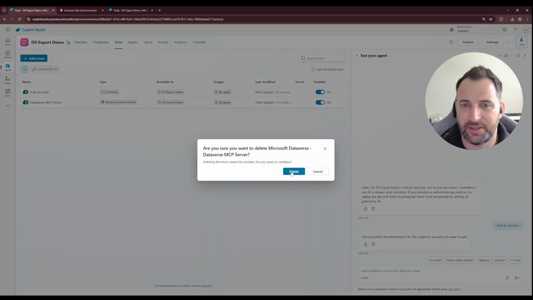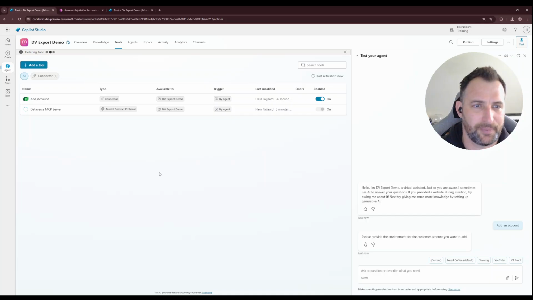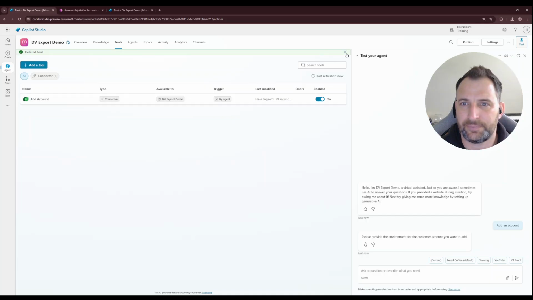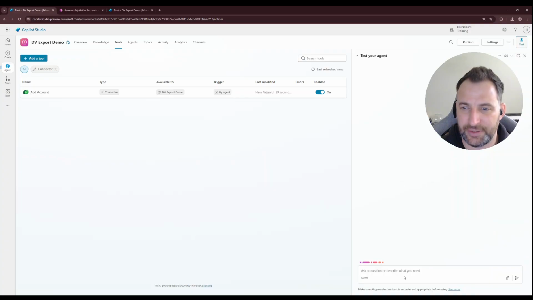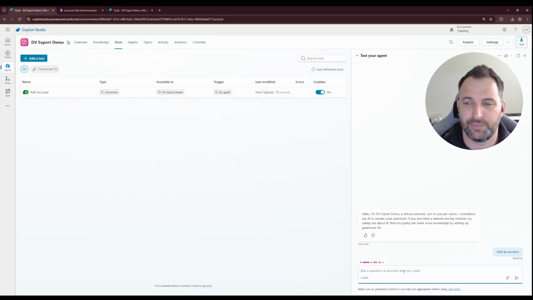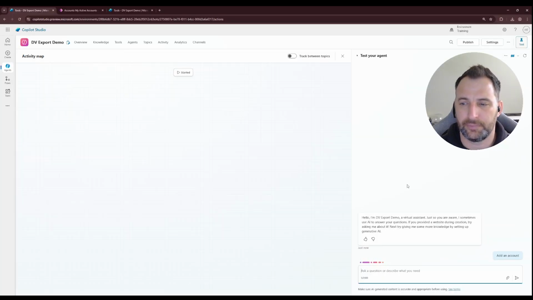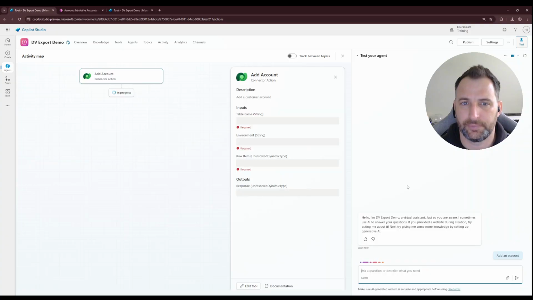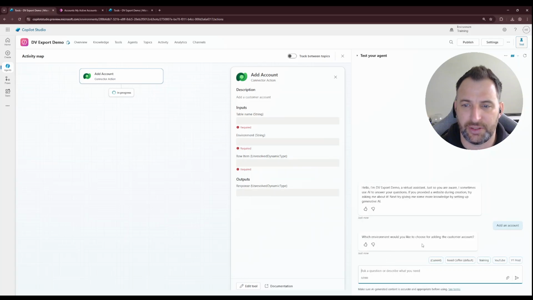Delete the MCP server because I got a little bit confused. And refresh again just to clear it out. And now I'm going to say add an account. Okay, it's going to say I need to know which environment. Now, realistically, this is not what you want to do, right? So yeah, we've got some options over there, but our end users won't know this, and that's not a great